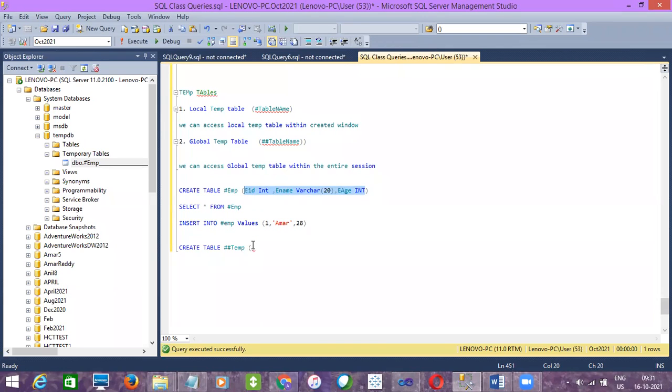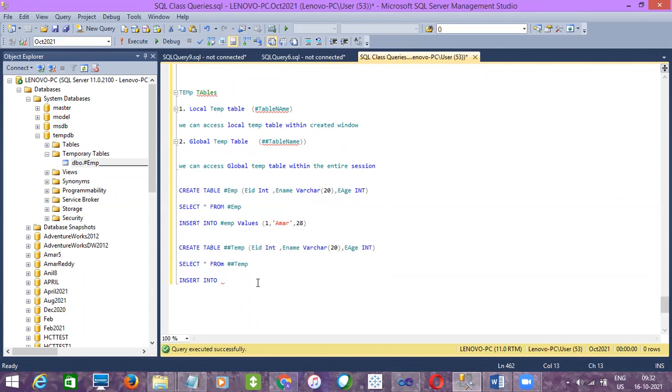Then I'll execute it. Command completed successfully. Now I'll do select star from this temp table. It will be an empty table, 0 rows.